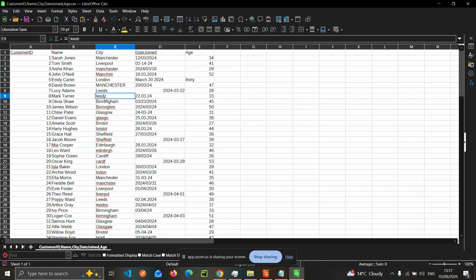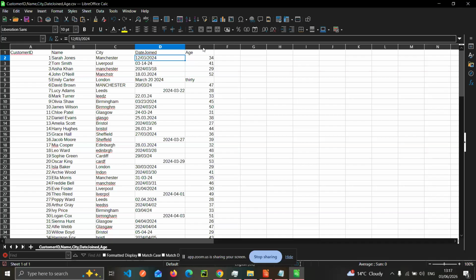Leeds is correct, but Leeds here ends with Z, and this is very typical of every data set we use, where we have some spelling errors, we have some mismatch. So we realize here that we have to actually handle the aspect of the city names. Another aspect is the date format. If we realize the date format is not homogeneous, it's not consistent. We have several date formats.